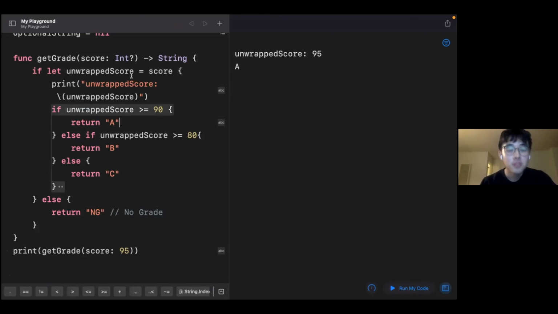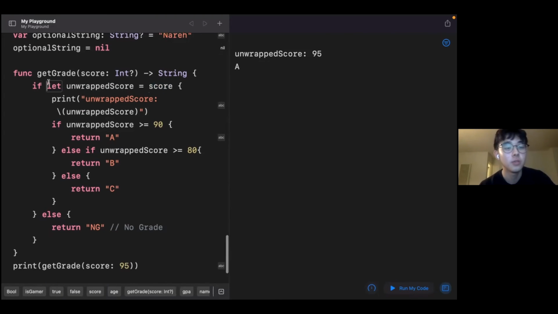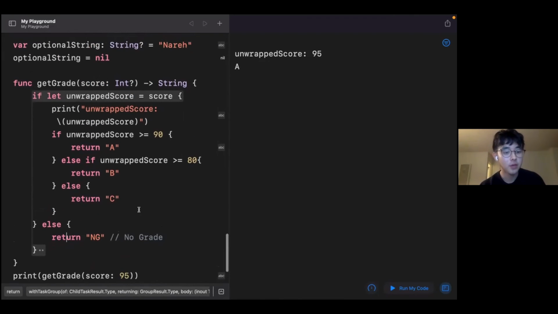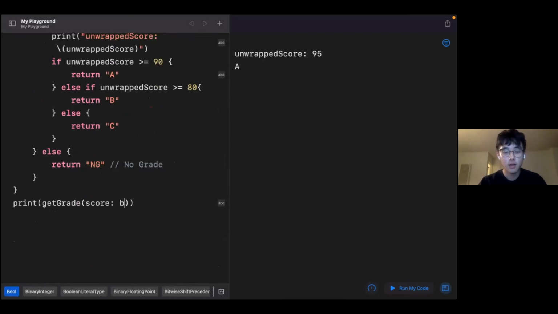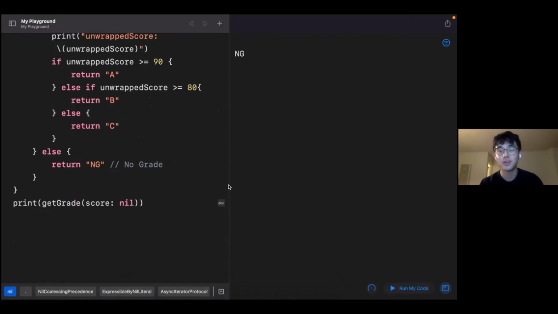So just to reiterate again, unwrapped score is the actual value inside of score if it does contain a value. If it doesn't contain a value, then we don't deal with any unwrapped score, and we just directly go to this case over here. So that's the first method. Any questions about this method? Okay. Oh, and just to demonstrate again, if I passed in nil in here,